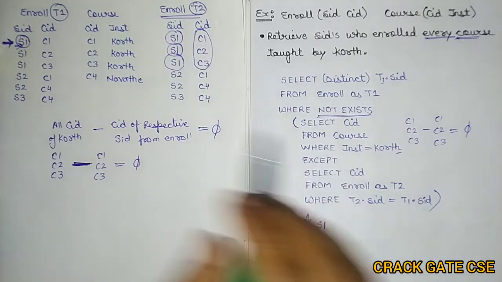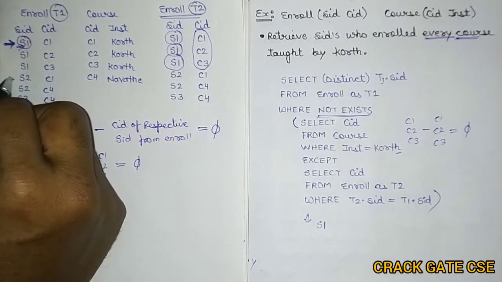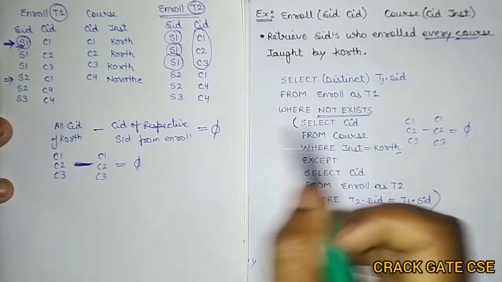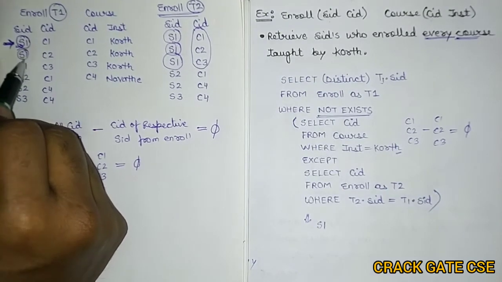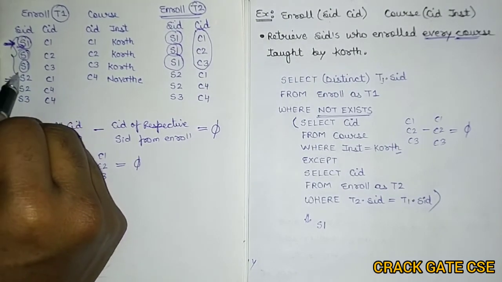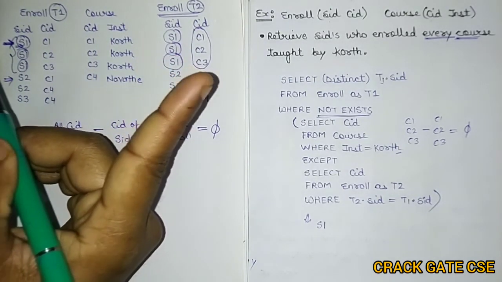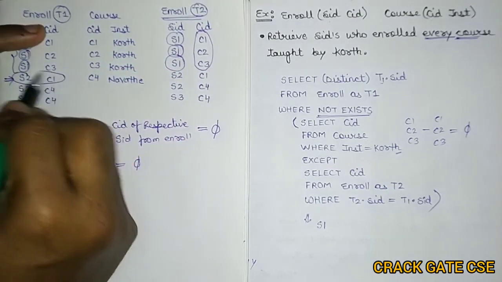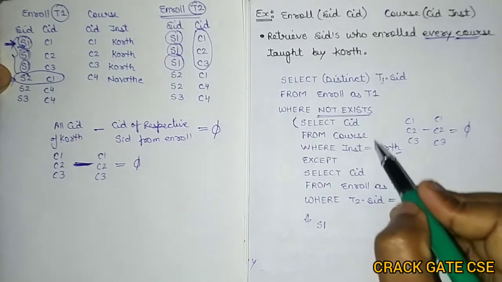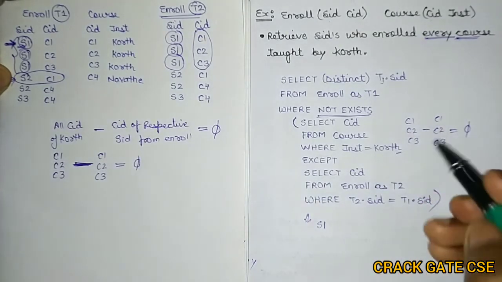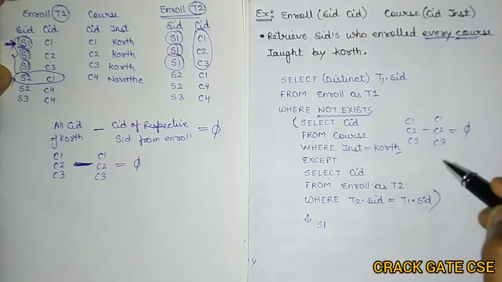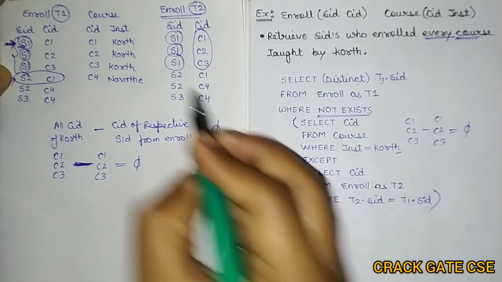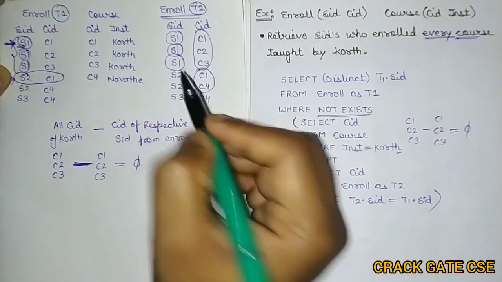Now again we have to check for the other student ID. Because we are dealing with distinct, I am not going again with this S1 or this S1. So I am skipping this S1 because of this distinct keyword in the SQL queries. Now go with the S2. So now for S2 also I have to check. That means in S2 also these three will be same. And for S2 what will be the course ID? Course ID will be C1 and C4.